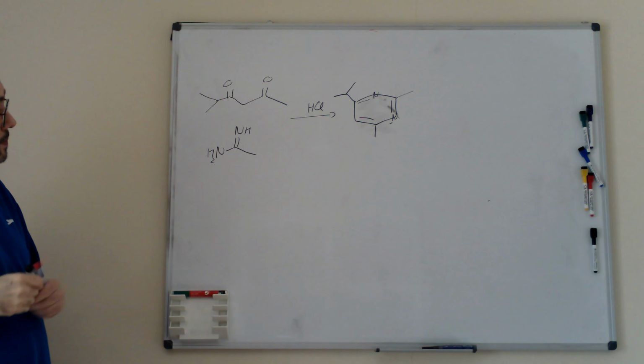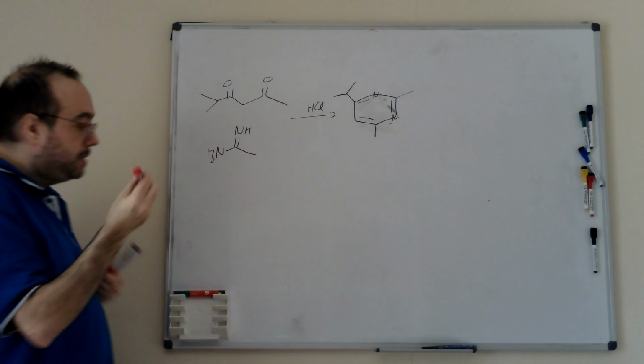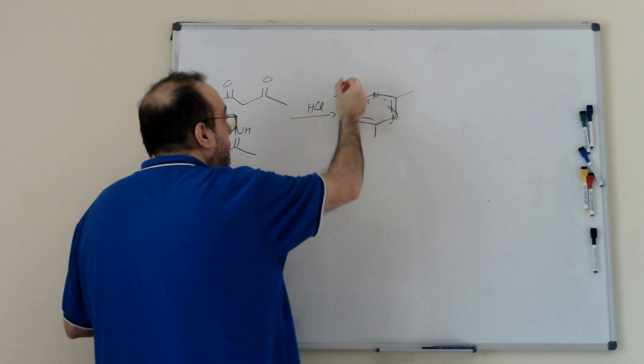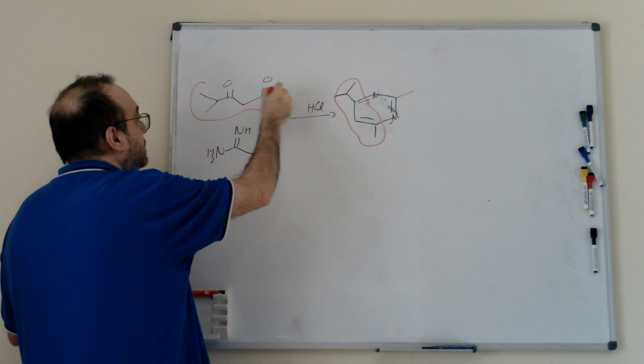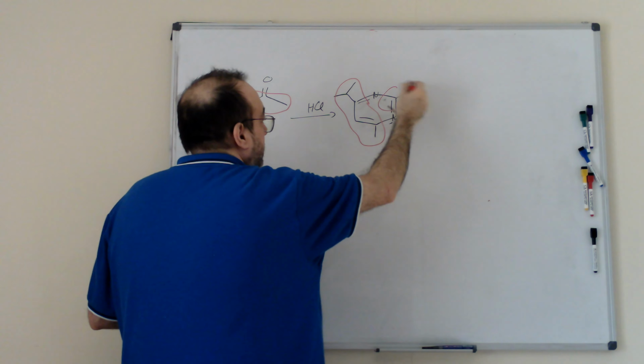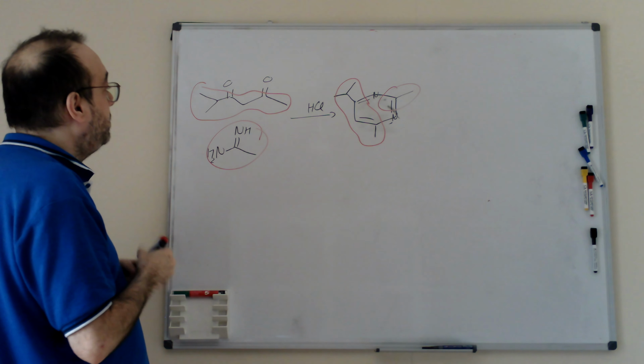Okay? How can we do it? Well, basically, if you take a look, this part of the final compound is basically this part, while this part here is basically this part. Okay, how we can do it basically is